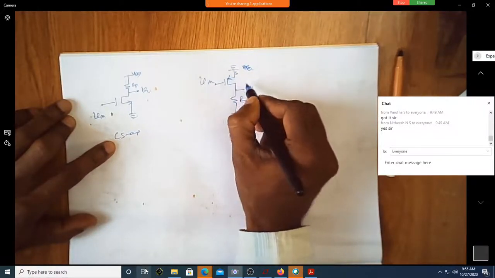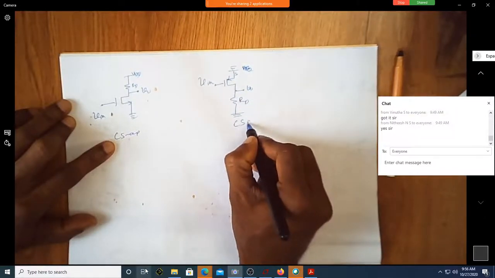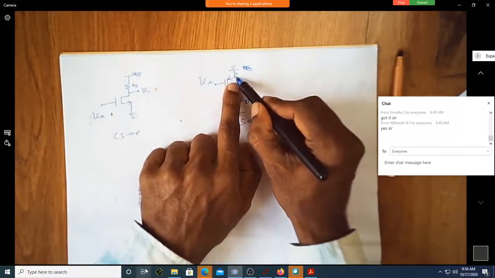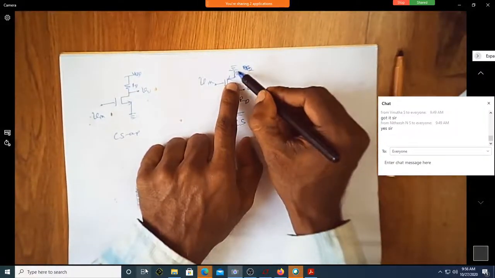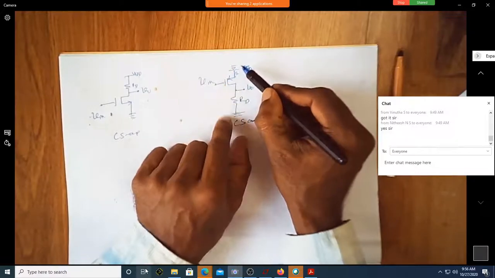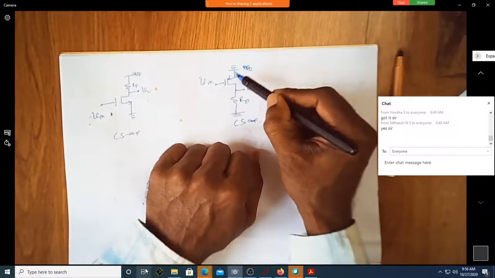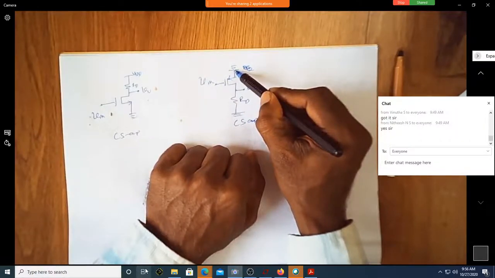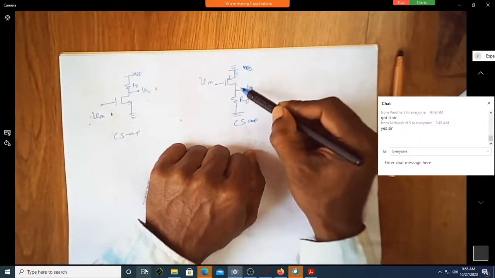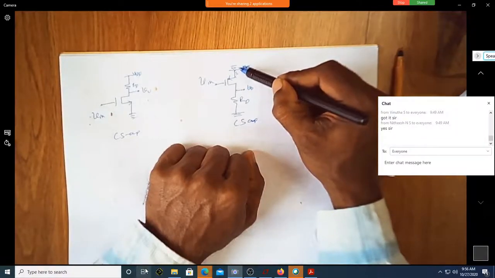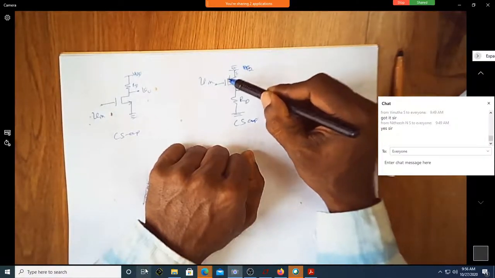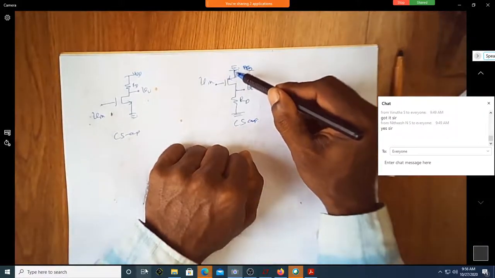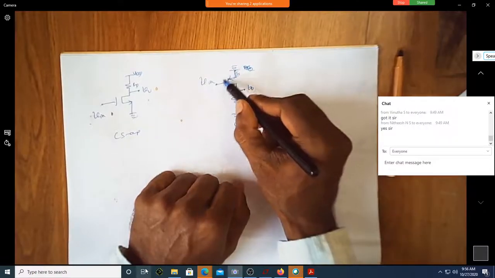Ground is source. So shall I still call it a CS amplifier? Yes, sir. See here, this is source. For AC analysis, shall I ground the VDD? Yes, sir. I have grounded this. So is the input measured with respect to this point? Yes, sir. Is the output also measured with respect to ground point? Yes, sir. So is it not common source? Yes, sir. Because source is grounded. So this is also a CS amplifier with PMOS as the active load.